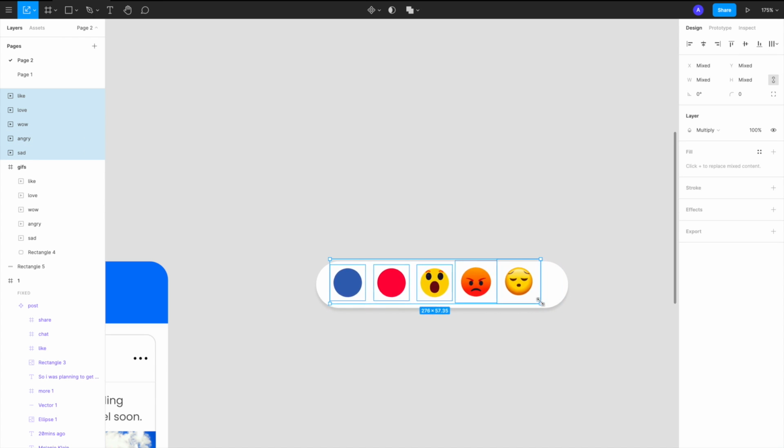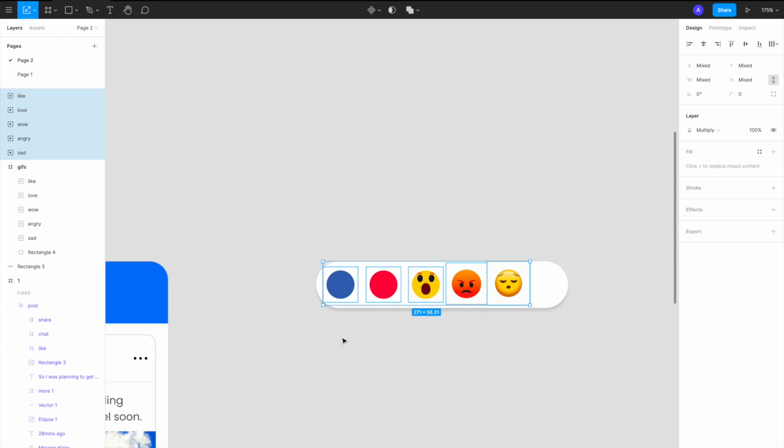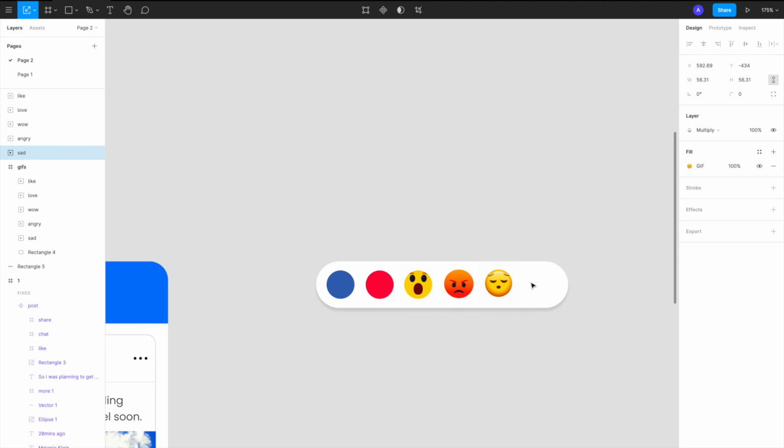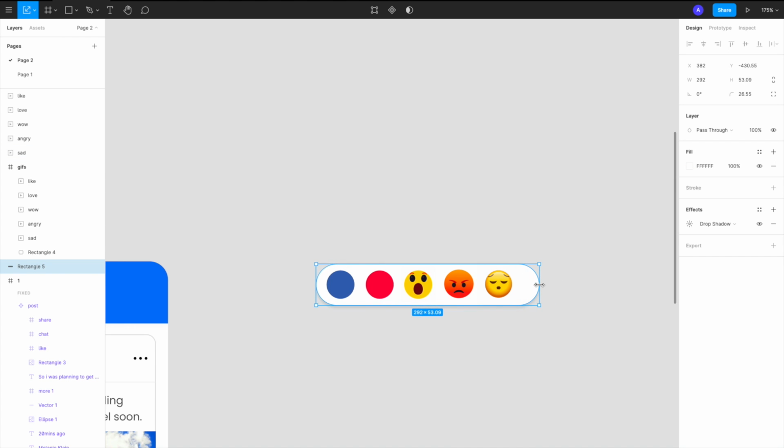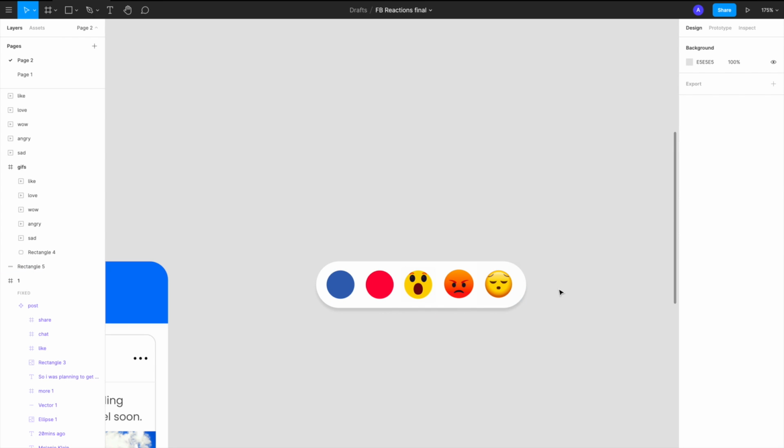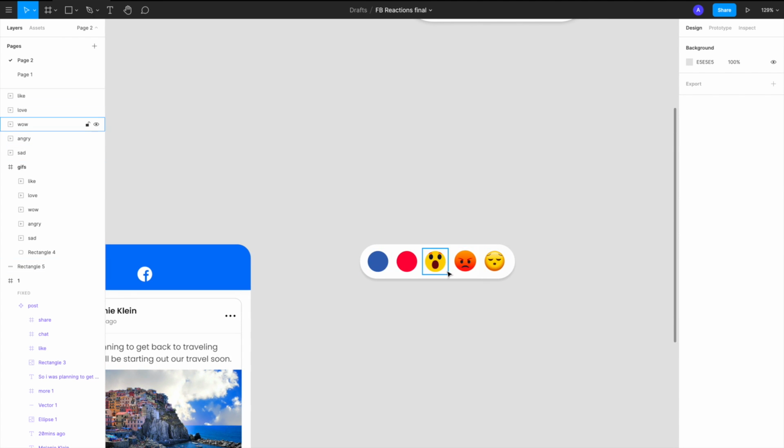I'll hit K and scale them down so that we also accommodate the zoomed state. When we zoom them, we should have some space in the background as well. Guys, I have manually scaled them individually because not all of the GIFs were of the same size. So I manually scale them so that they look almost similar to each other in size. And I think we can reduce this down. Something like this. Okay, so this now looks perfect.